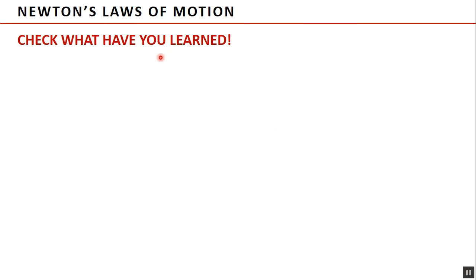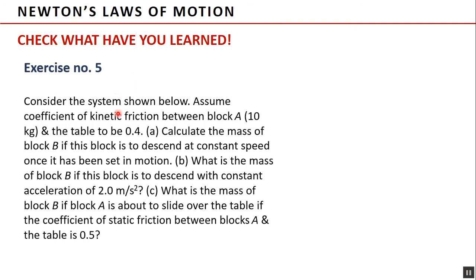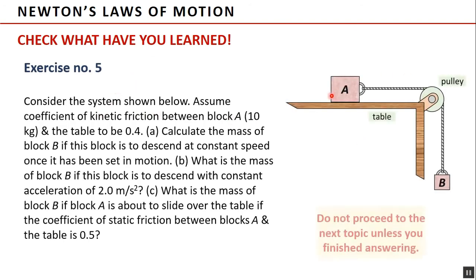Now, it's time for you to shine. Show what you have learned by answering exercise number 5. Consider the system shown below. Assume the coefficient of kinetic friction between block A, of mass 10 kilograms, and the table to be 0.4. Letter A, calculate the mass of block B, if this block is to descend at constant speed, once it has been set in motion. Letter B, what is the mass of block B, if this block is to descend with constant acceleration of 2 meters per second squared. Letter C, what is the mass of block B, if block